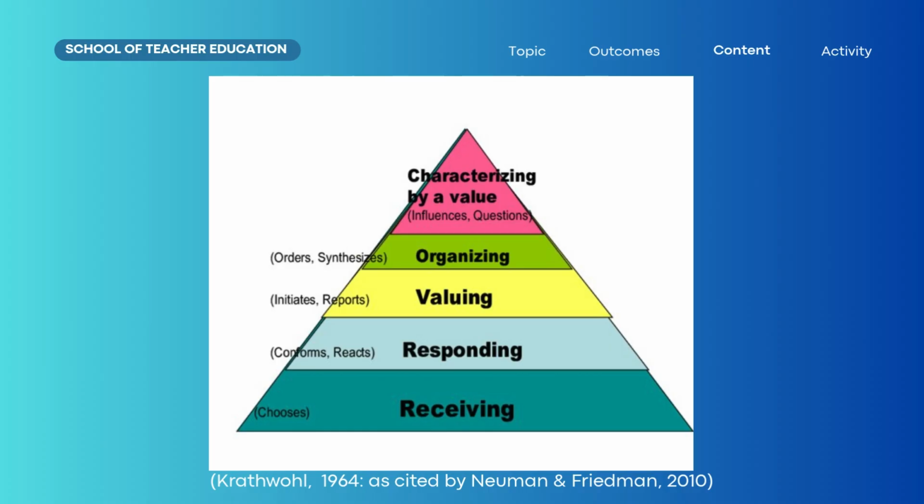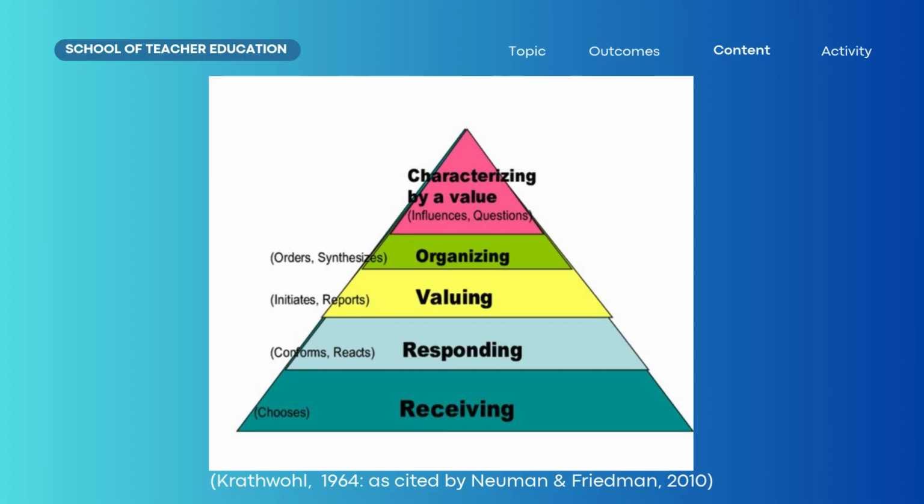Now, this is the taxonomy of affective domain, which was originally created by Krathwohl in 1964 and cited by Newman and Friedman in 2010. So, as you can see, the pyramid tells us that the peak or the highest level of affective domain is characterizing. Now, before the learner can reach that peak, we should understand that it should start with receiving, responding, valuing, organizing